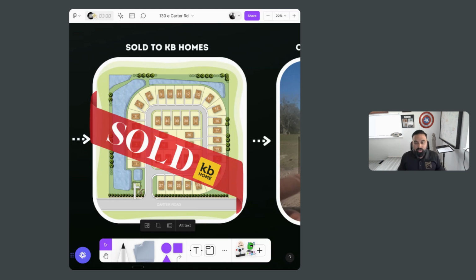Months later, I go to the property and I start seeing that they're getting all the dirt ready. It's called horizontal and vertical. So horizontal work means they're doing all the horizontal work, all the groundwork, getting all the utilities and streets and lights and everything situated. And then they go vertical, right? Vertical is the build, right? And so